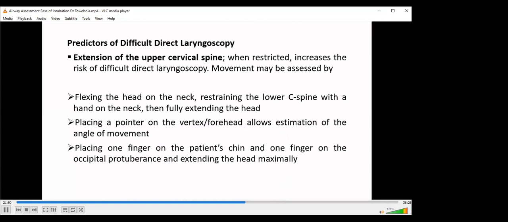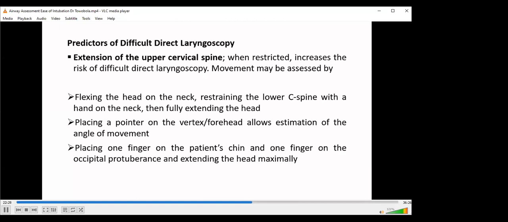Extension of the upper cervical spine. When this is restricted, it increases the risk of difficult direct laryngoscopy. The movement can be assessed by flexing the head on the neck and restraining the lower C-spine with a hand on the neck. That is, restraining the C-spine with a hand on the back of the neck, then fully extending